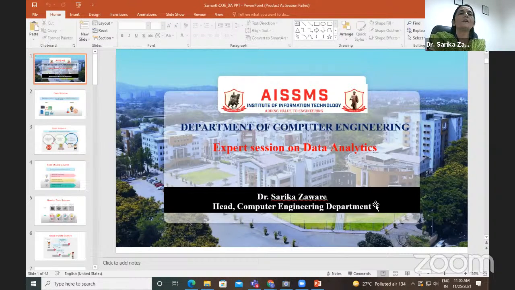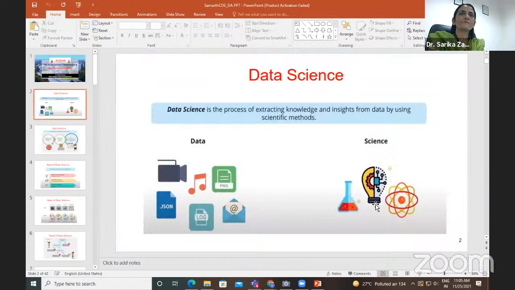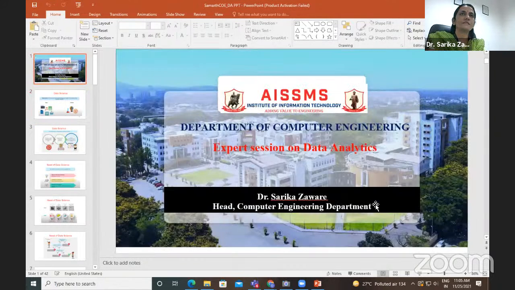Because probably half of your class, after your graduation, is going to work in this particular field. It might be possible because job opportunities are more in this field. Now, why are job opportunities more, and what sort of job will you have to do in that? I'm going to concentrate on this subject from that point of view. So, before starting the session, I just want to ask some questions to you.